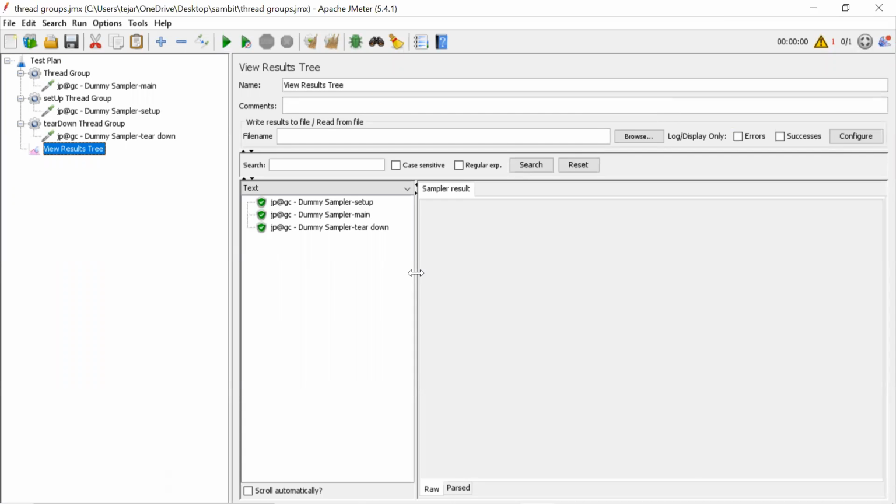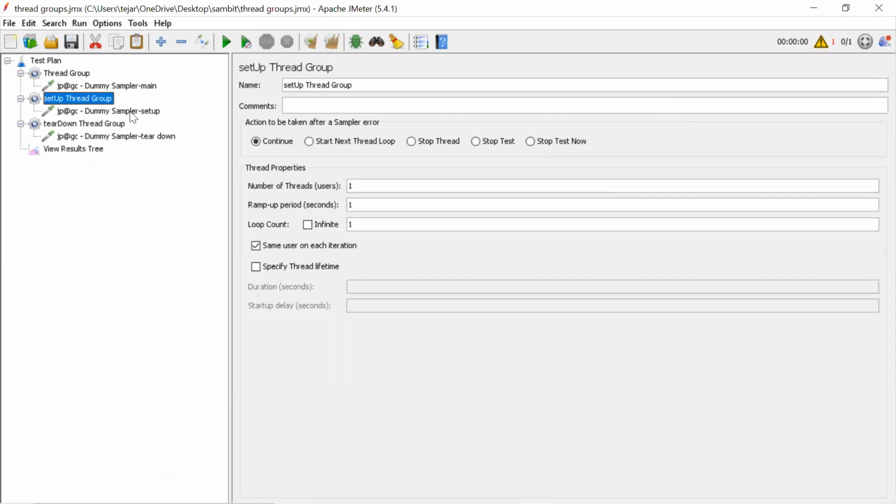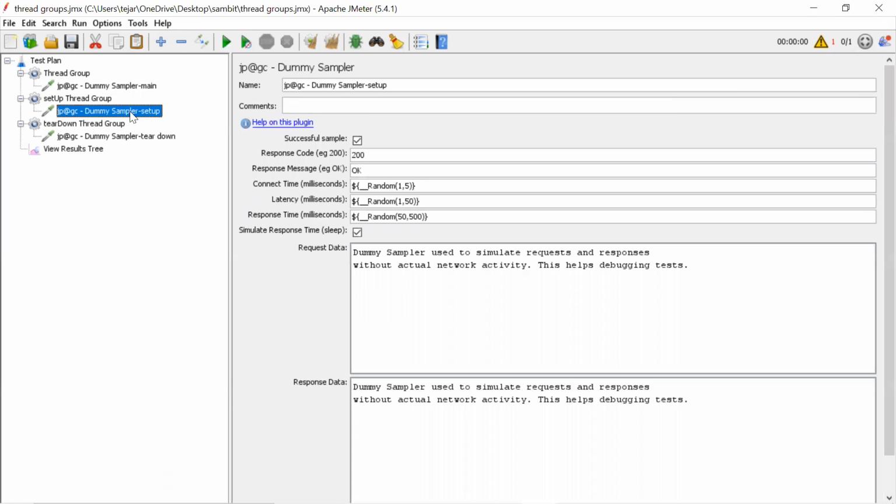So every time before I do a load test, I need to get the values from the DB. So what I did is, in the setup thread group, I just kept that DB call. And I have written some code to get everything into a CSV file. That CSV file I'll be using in the main.